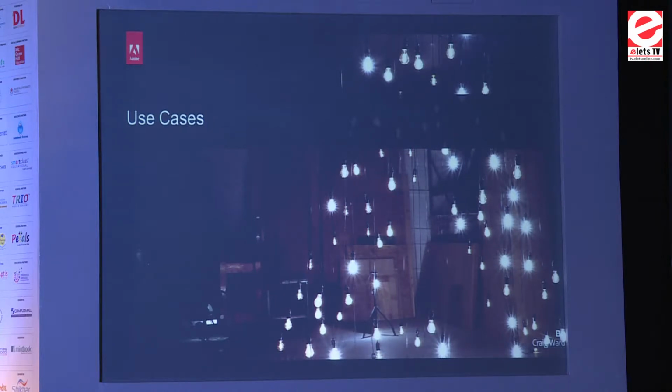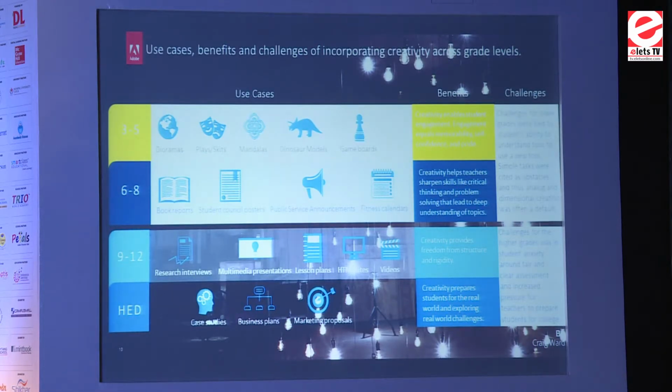So when we look at the advent of the digital age, what are the use cases? How do we actually use this in our school ecosystem, right? So let's look at this. We make the dioramas in school, skits, models, game boards in the early stages, which are very, very basic in their usage. The project work that we give them is simplistic, not very complicated, not something where parents have to do it. And then it starts to get tougher, but they're already prepared for it. So by class 9th to 12th, they're already making multimedia presentations, which are not only PowerPoint, which encompass